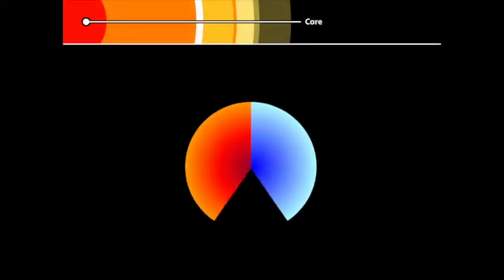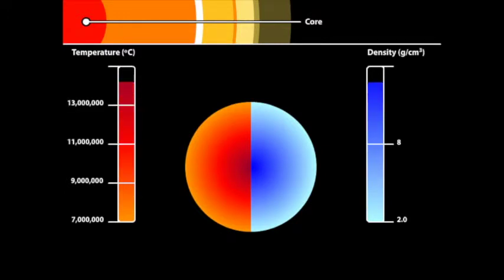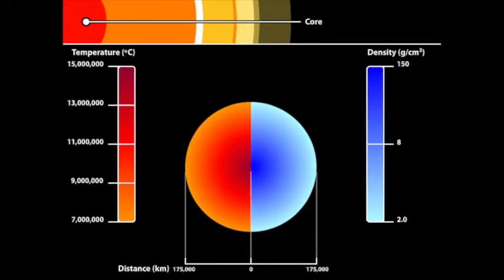The core is the hot, dense region of the Sun where nuclear fusion reactions take place. The nuclei of atoms are squeezed together so hard that they fuse and form larger atoms. As they do so, they lose a small amount of mass, which is turned into energy, according to Einstein's famous